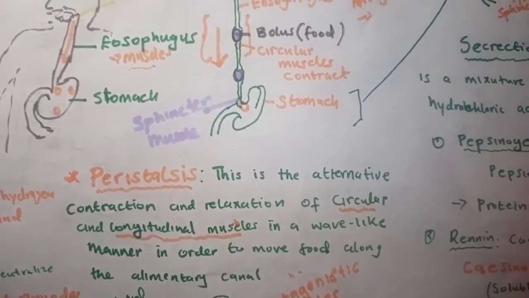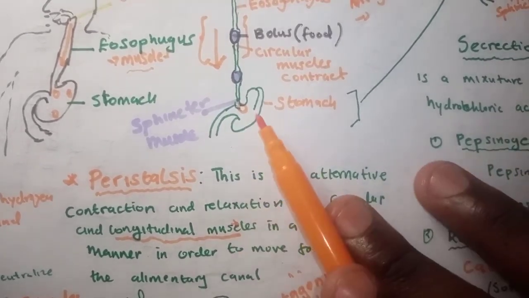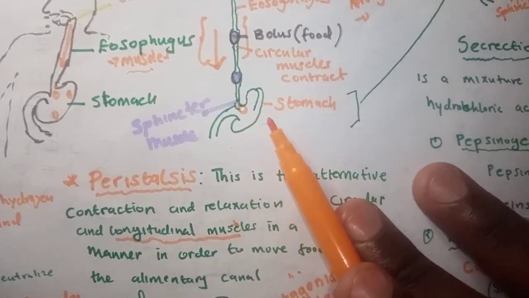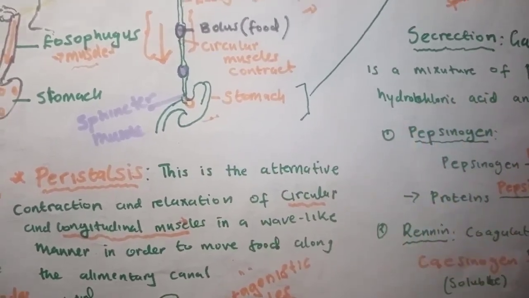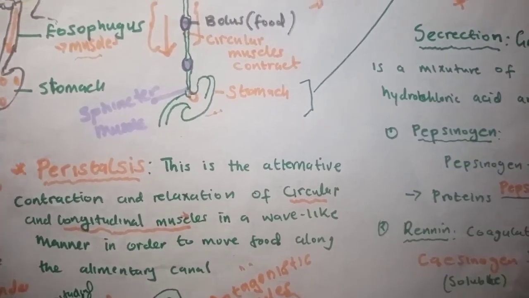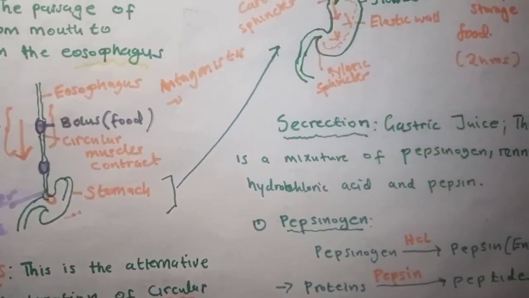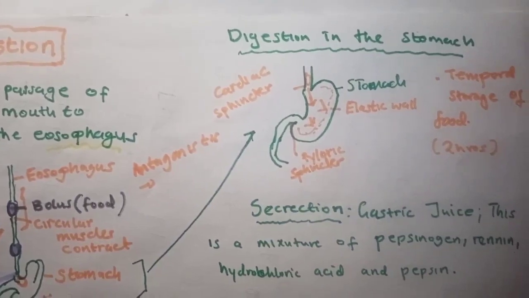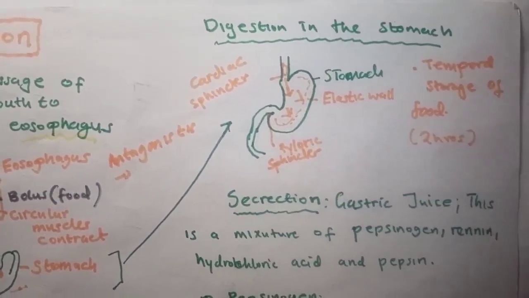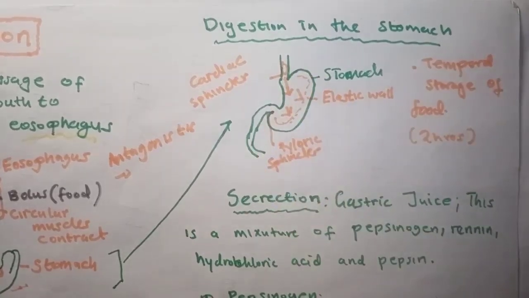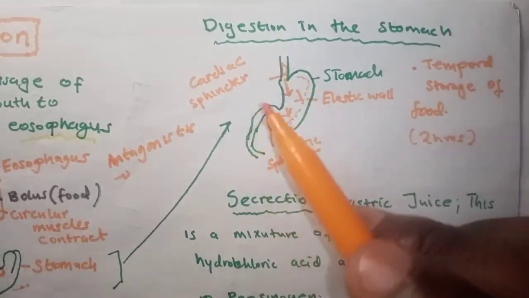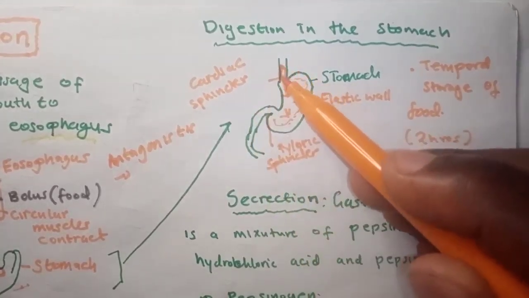So the food reaches the stomach here, and digestion has to take place. Let's look at this digestion that is happening in the stomach. So, digestion in the stomach. This is a diagram of the stomach. This is the bolus of food that has been propelled into the stomach through peristalsis. As the bolus of food reaches here,